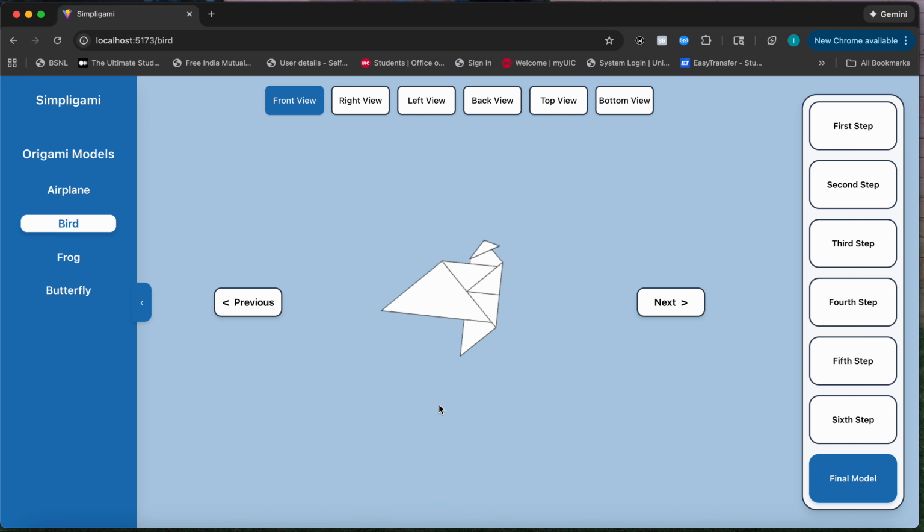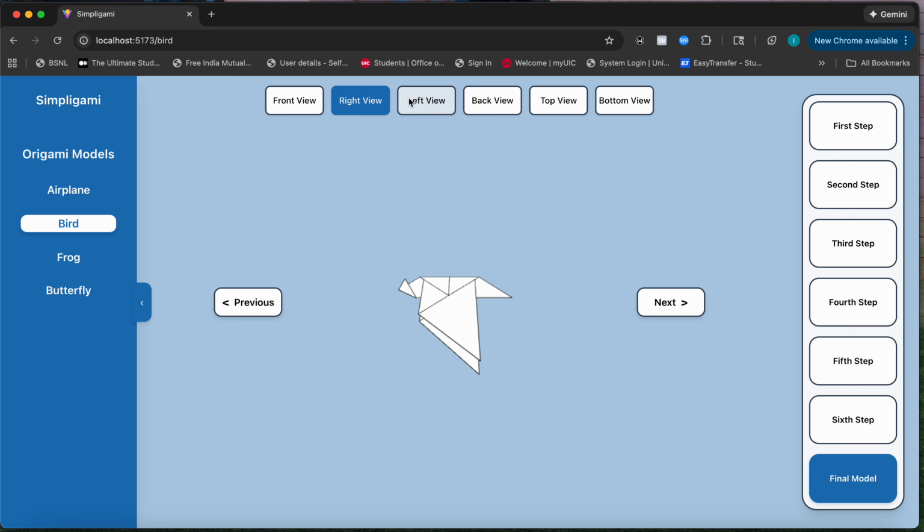I can drag it, I can zoom it to see, and I can also view it at different angles. Whatever angle you want to see, you're able to see, and that's how you can simply learn origami on Simpligami